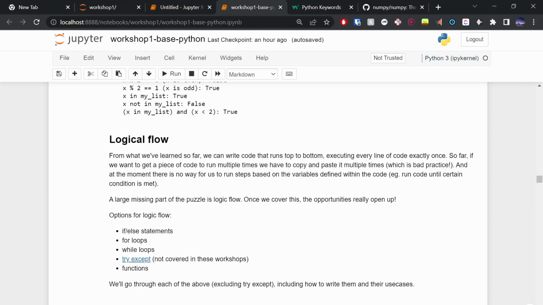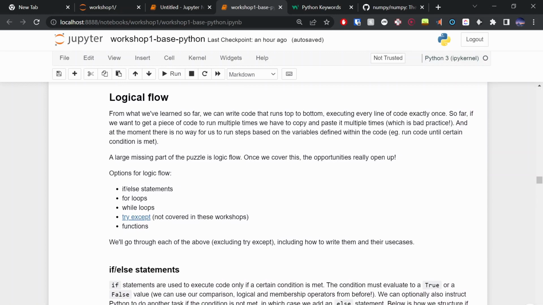It runs from top to bottom, executing every single line exactly once, right? Now, there's also no way for us to run code based on the internal state of the code, right? There's no way for us to say, run this piece of code if x is 2, or run this piece of code if x is 4, right? What we're missing is one vital piece of the puzzle, and that is logic flow.